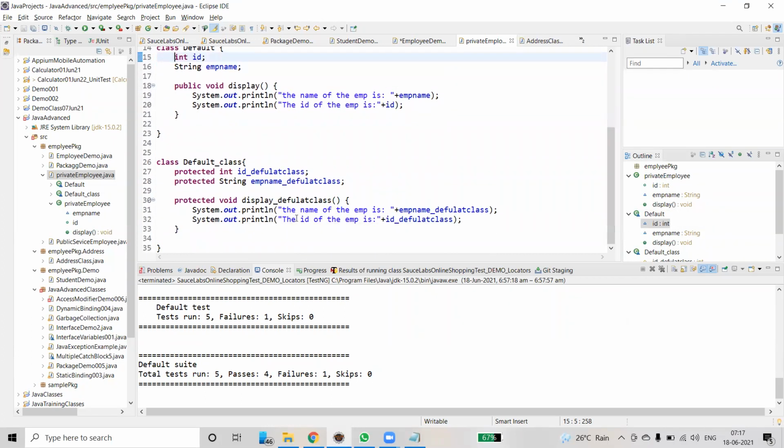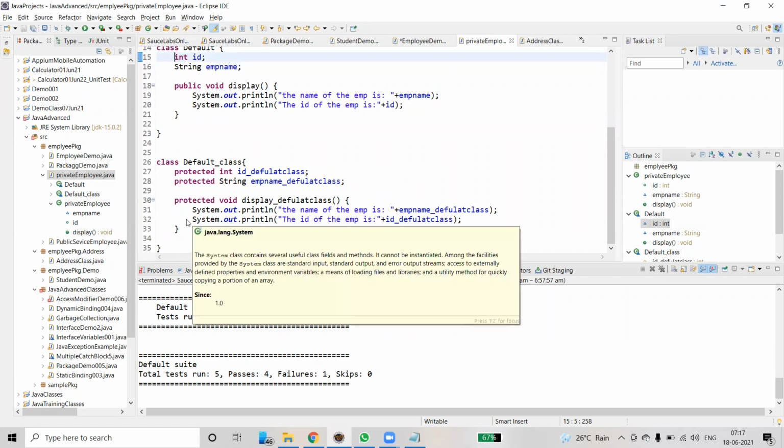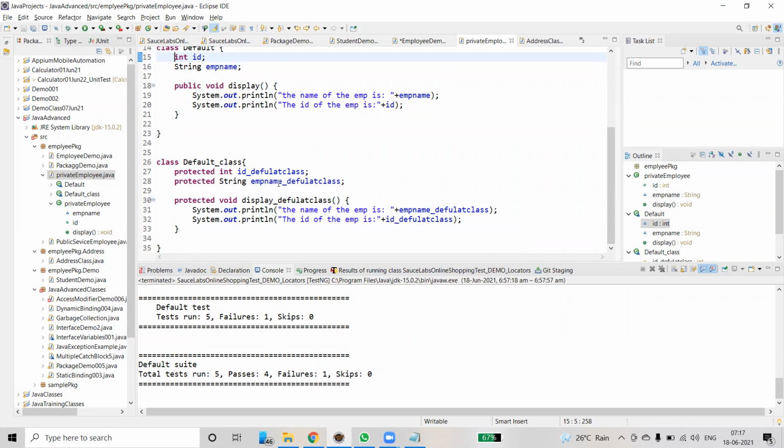There are two variables and one function. It's protected, and this method is also protected. Shall we use these member variables inside the same package? Of course, we can use them. We can use member variables and functions by the classes of the same package, and by the subclasses present in any package. Subclasses present in any kind of package. So let's see now.